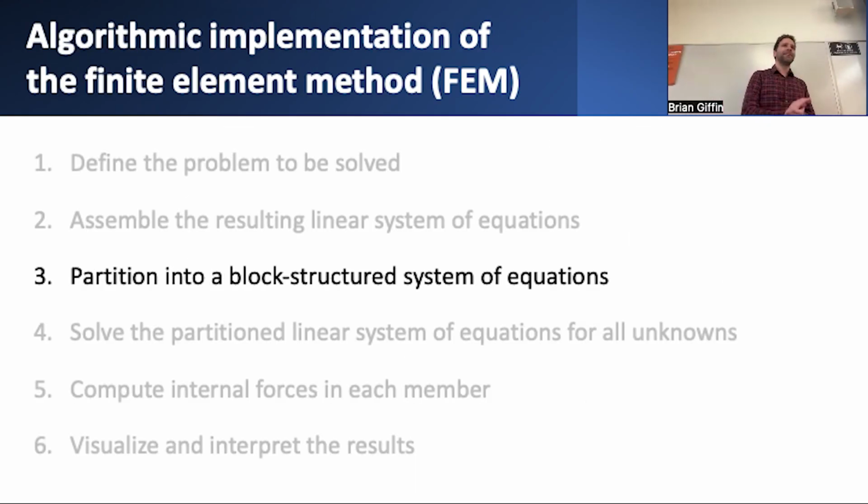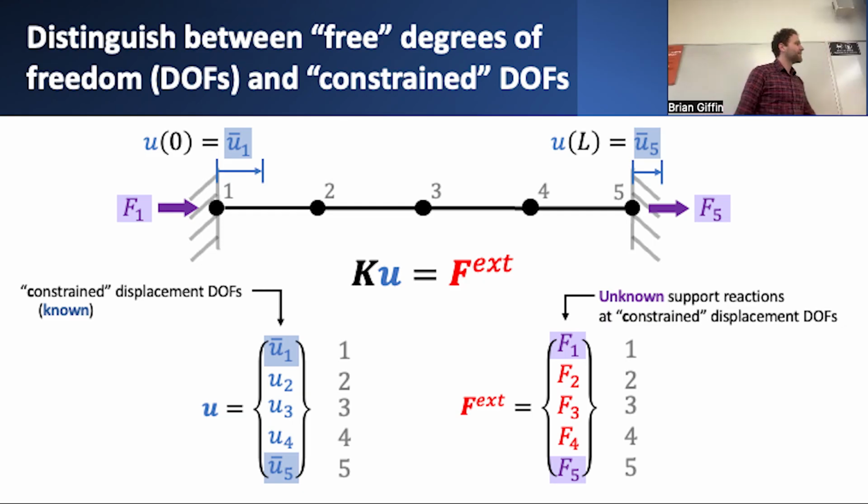And then finally, once I've done all this assembly process, I've set up the stiffness matrix, the vector of external forces, and I've even populated my vector of nodal displacements with whatever prescribed values I have. Now the question becomes, how do I solve this system of equations? Coming back to the question that we started with, I have this system of equations that looks like KU equals